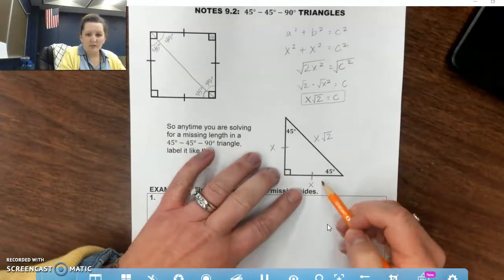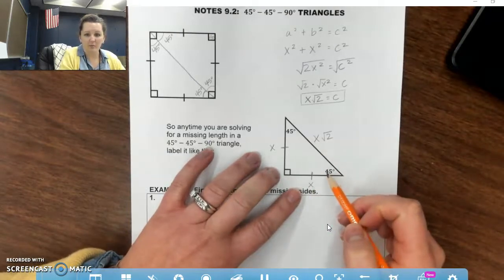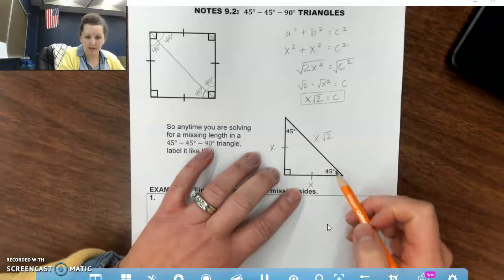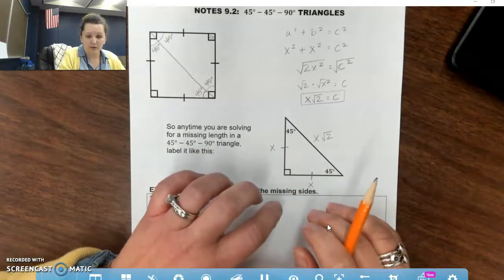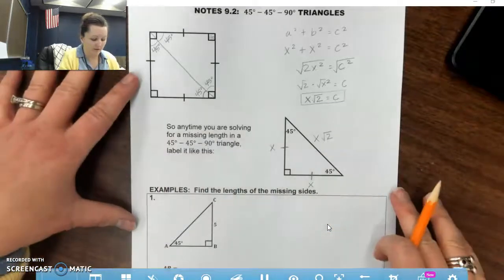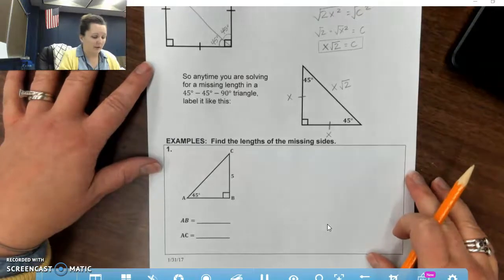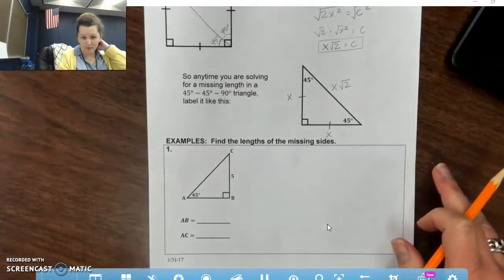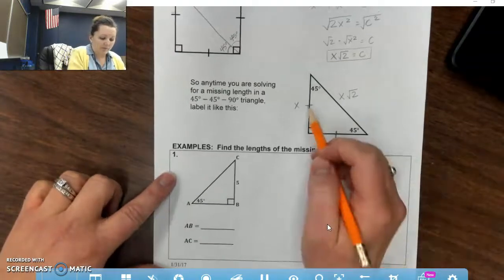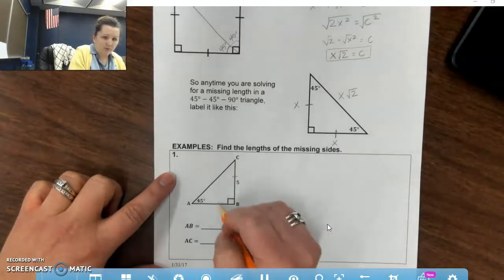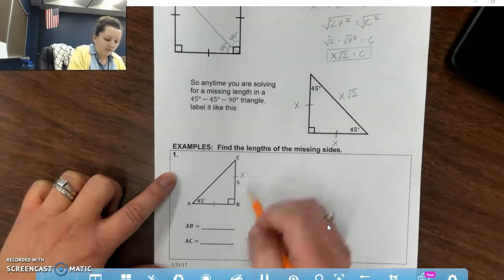Now we're going to use this formula because this is true all the time, no matter what kind of 45, 45, 90 degree triangle you have. However, it only works with the 45, 45, 90, okay? So just keep that in mind. All right, so let's look at an example and actually apply values to it. So if I know that both of my legs are congruent, right? Both of my legs are congruent here. And I know that whatever this value is,